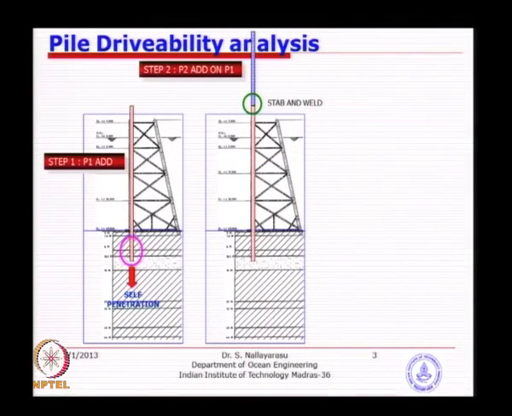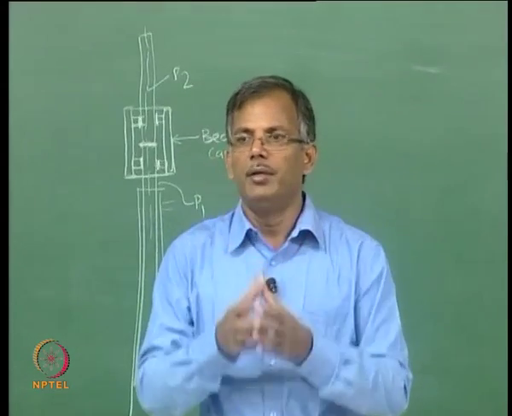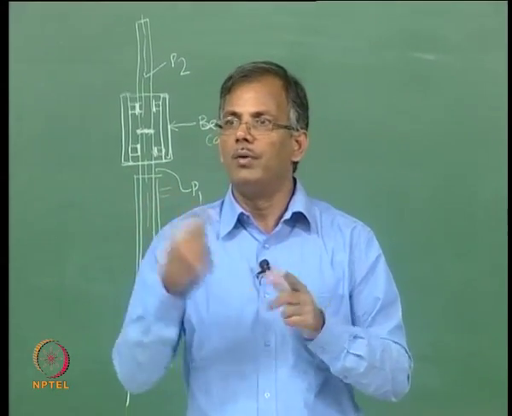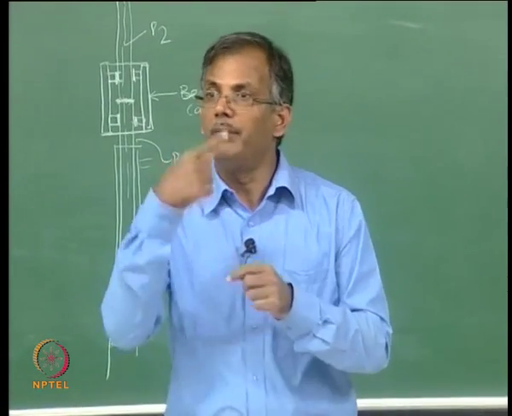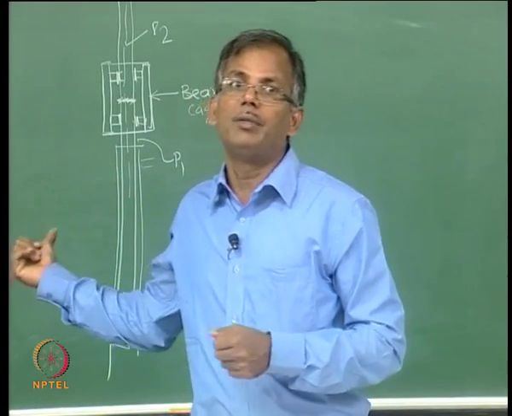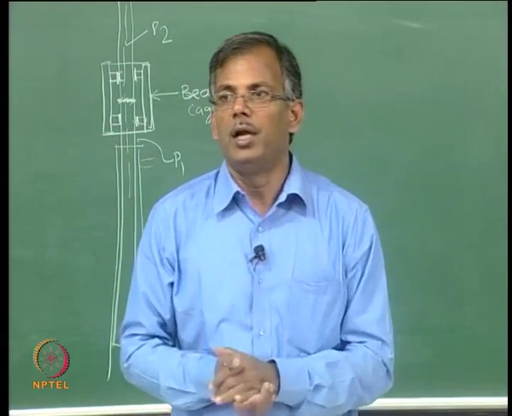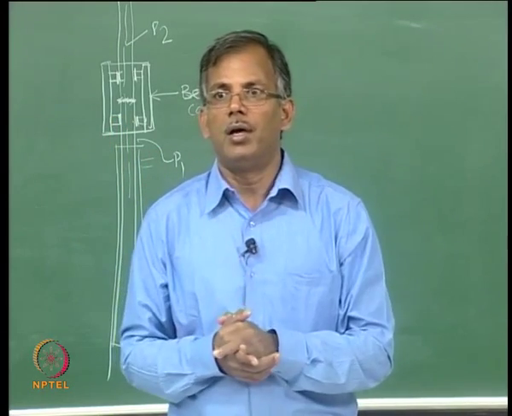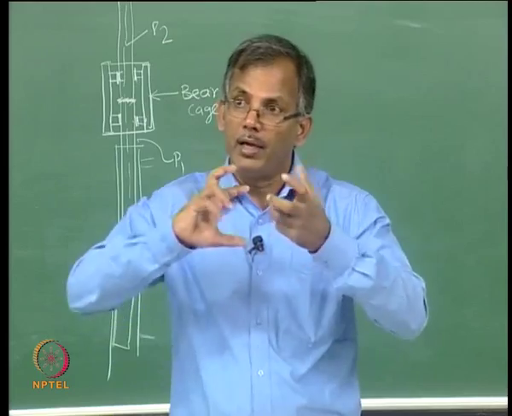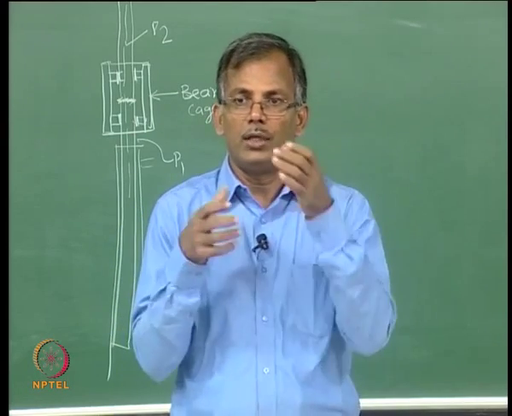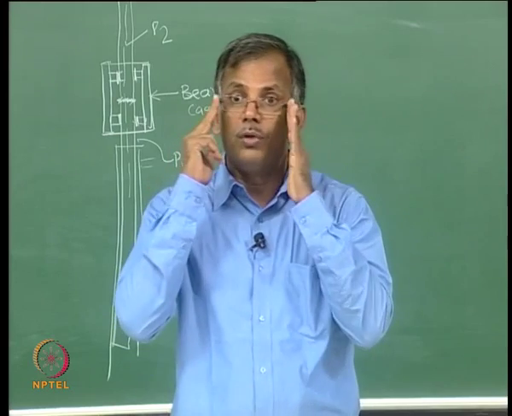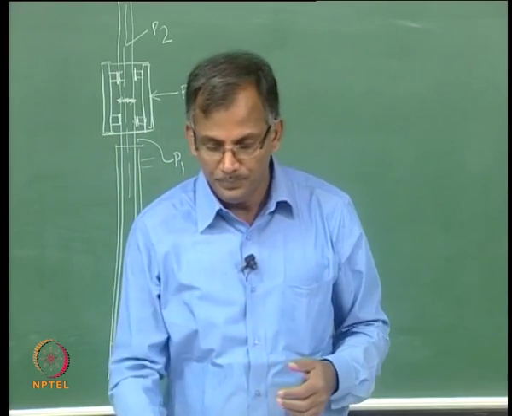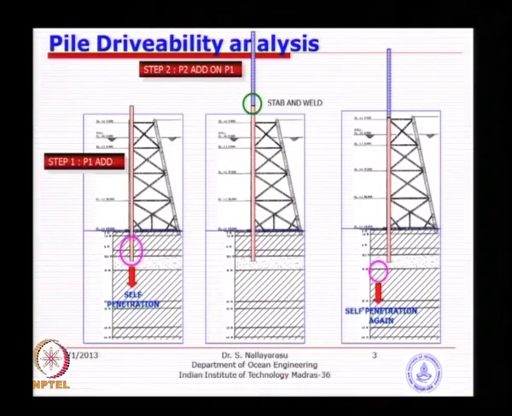Once you establish that connection and it is stable, then you can go around, do the welding of the 2 tubulars together and remove that connection. Every time you have to do it, you can see how much time it will take. You have to take such a machine, assemble it inside, outside the pile, and then make a hydraulic activation, so that they are held together, and then start welding. So, it takes about 3 to 4 hours or even more than that. So, then you start driving the next segment.